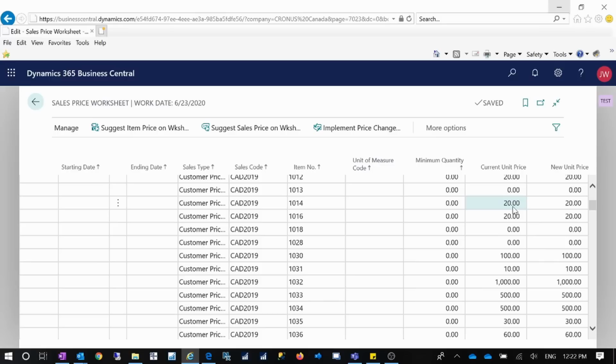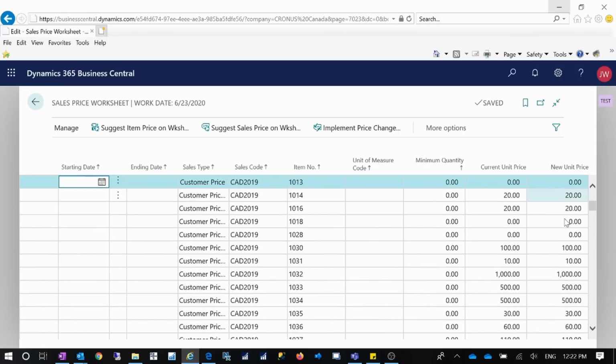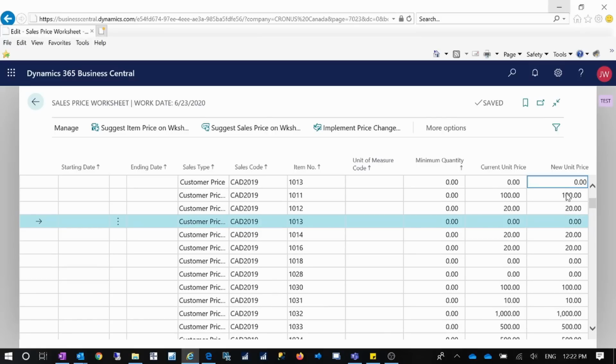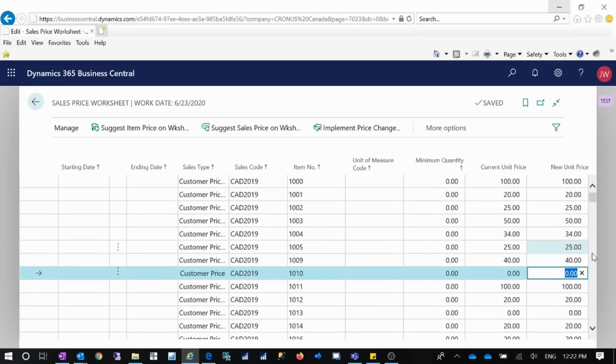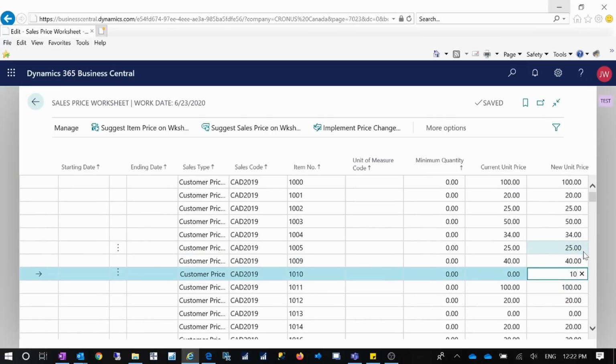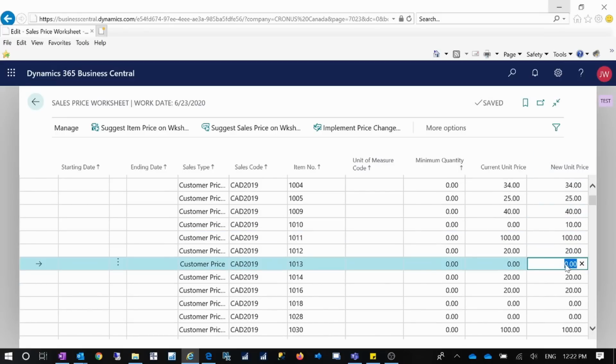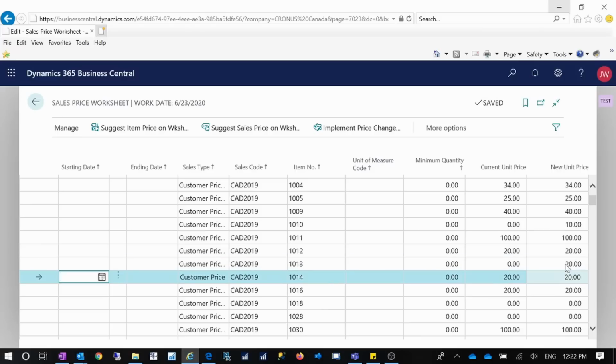But we just want to use the unit price from the item card as a foundation to calculate my sales price. But you can see I have some items I didn't enter a unit price on the item card. But if you still want to populate the sales price on your sales price table, then you can enter them from here. So let's enter a few just as an example. So you can enter to the new unit price field, and then it will be populated in your sales price